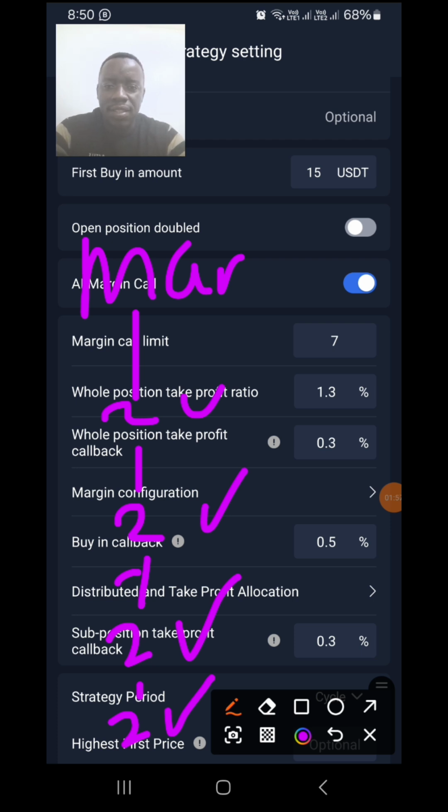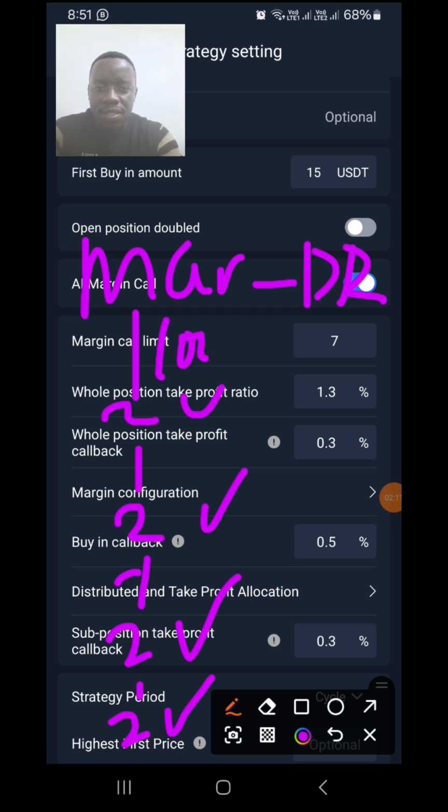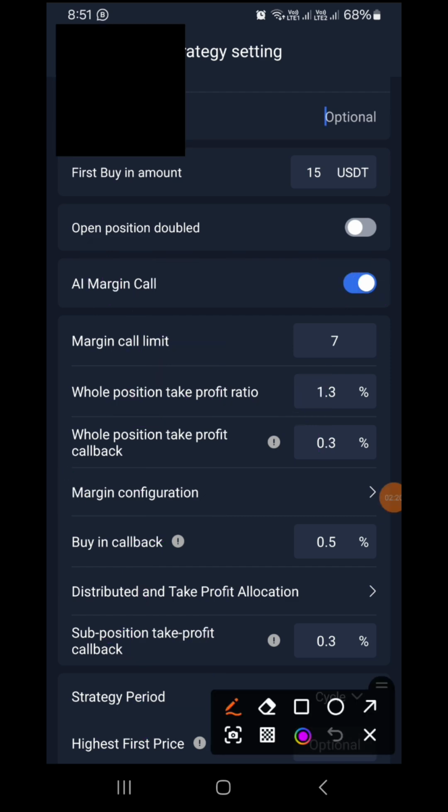But drop is different. How different? Margin calls are just the number of times your robot can buy. Your robot can buy 100 times in just minus 4%. But drop, as in drop,